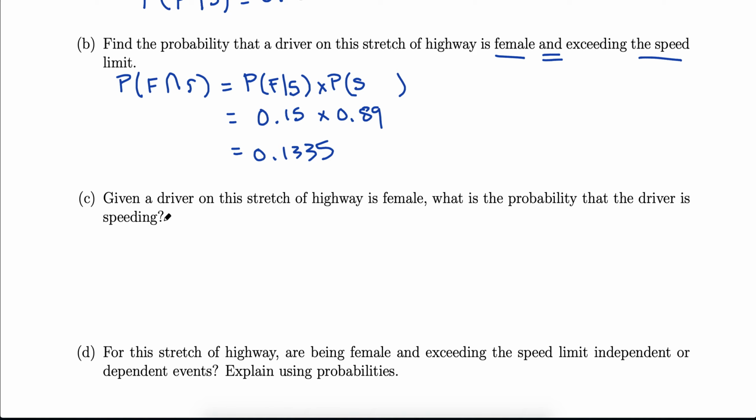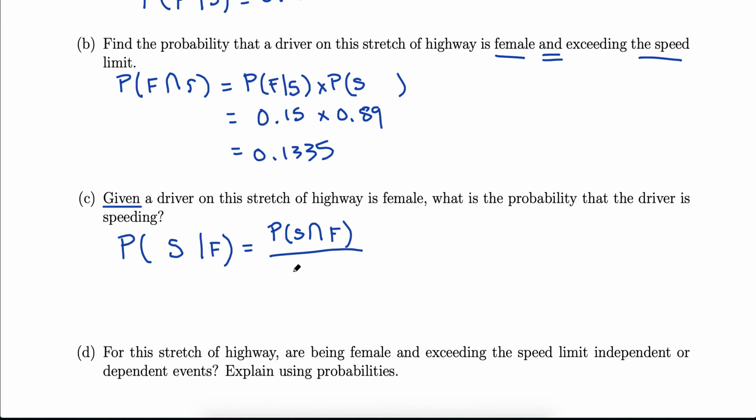Next bit, given a driver on the stretch of highway is female, what's the probability they're speeding? So first, translate again, and hopefully you noticed our key word here, given. So our given information is that we're talking about female drivers. So that's going to go after the line. And then what we want to find the probability of out of those female drivers, or that given group, is a chance of speeding. So remember our formula here, write these every time so you start getting them stuck in your head. Speeding and female, it's the probability of both,